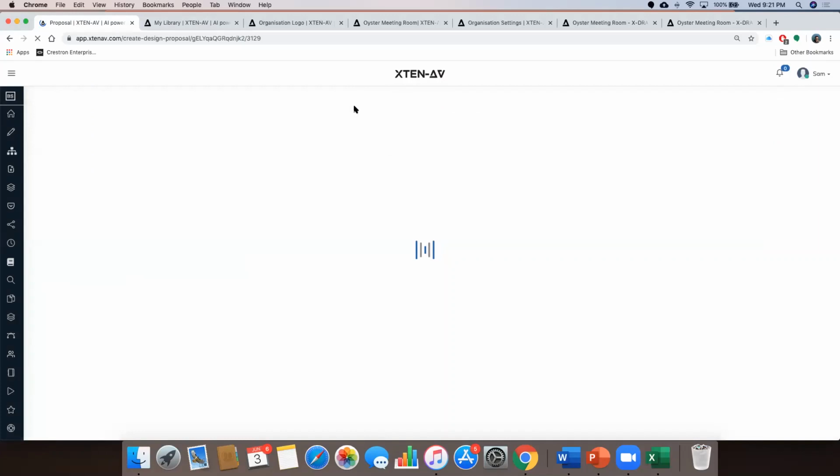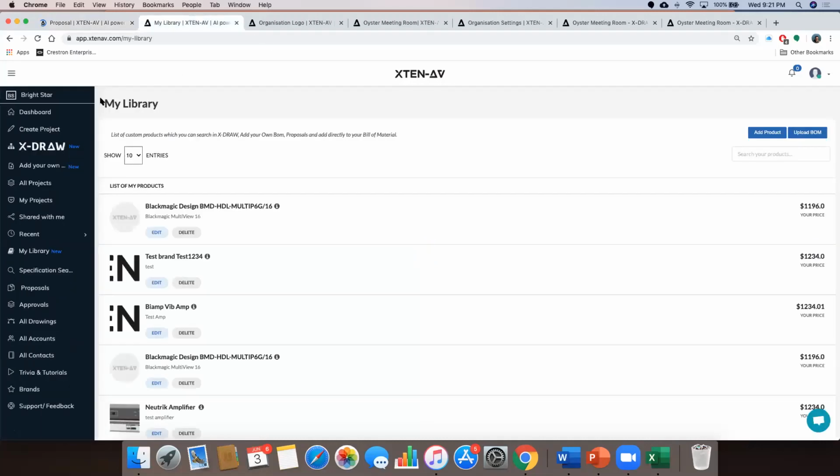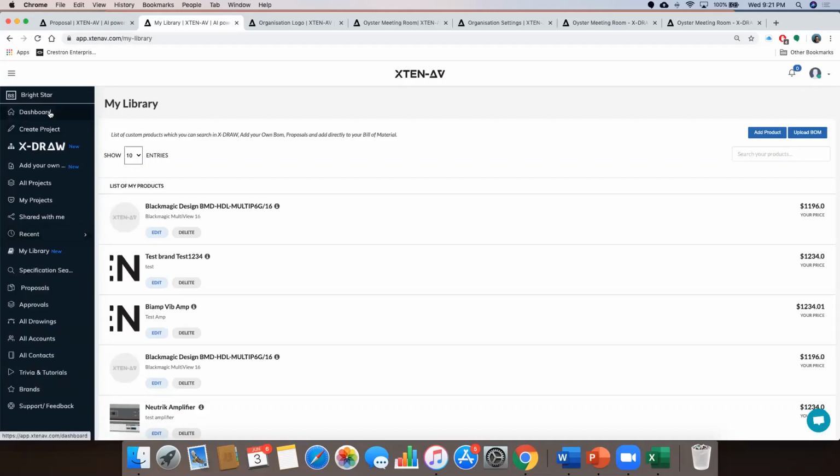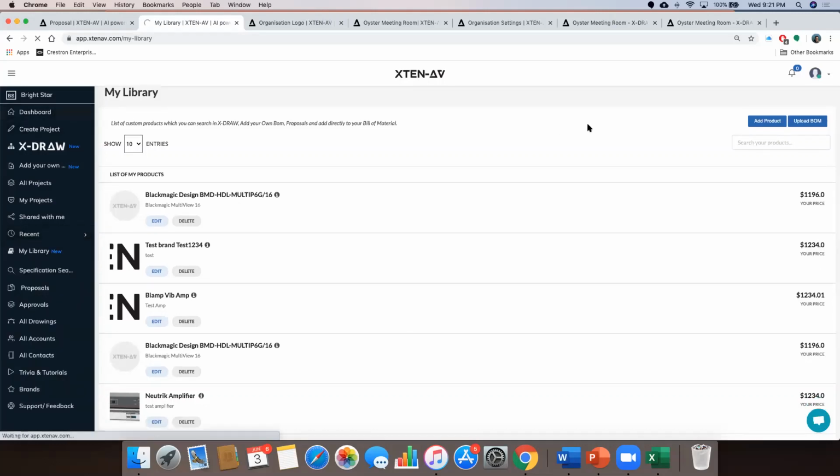Meanwhile, I have one more question. Is there a way to navigate through the project without having to deal with so many tabs? Okay. To navigate to the projects, Daniel, you can always go under My Projects from here, or you can go into Recent and click on the recent projects that you're working on, and click on the designs. Or on the dashboard itself,